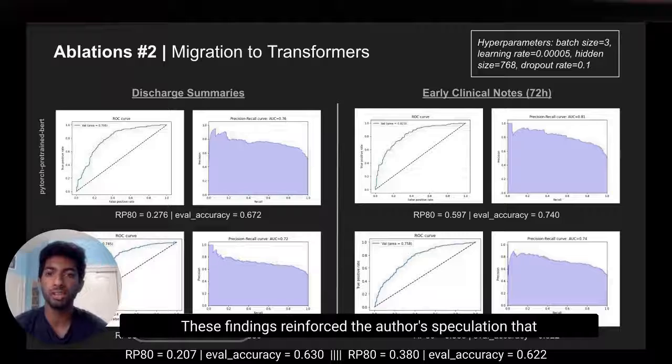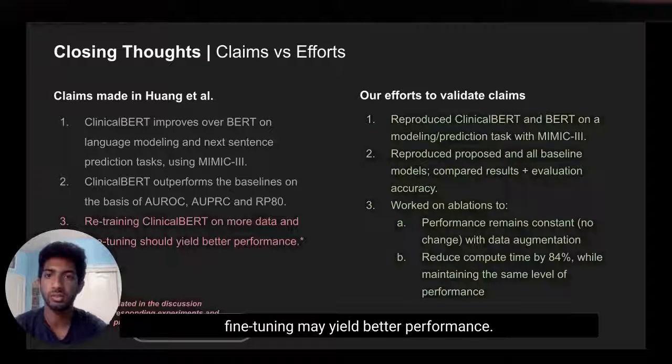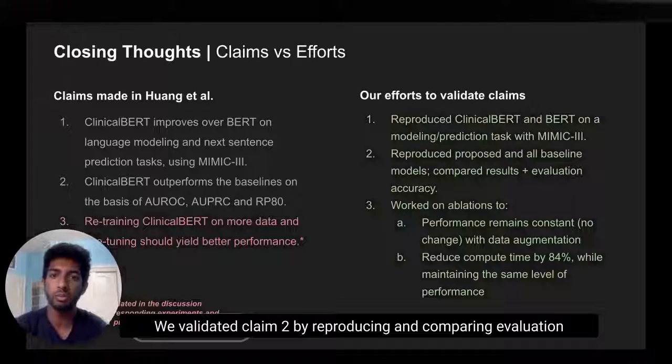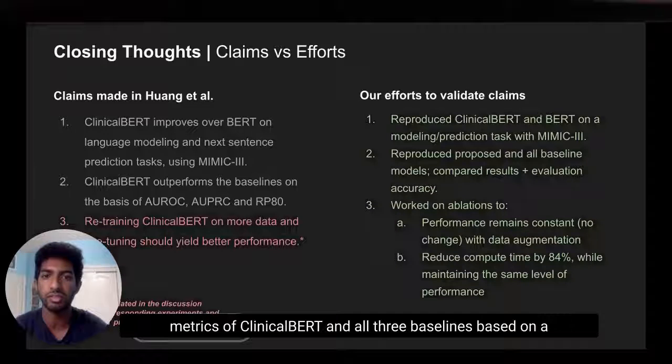These findings reinforce the author's speculation that fine-tuning may yield better performance. To the left are the claims made in the original paper. We validated Claim 1 by reproducing ClinicalBERT and comparing results. We validated Claim 2 by reproducing and comparing evaluation metrics of ClinicalBERT and all three baselines on a 30-day readmission